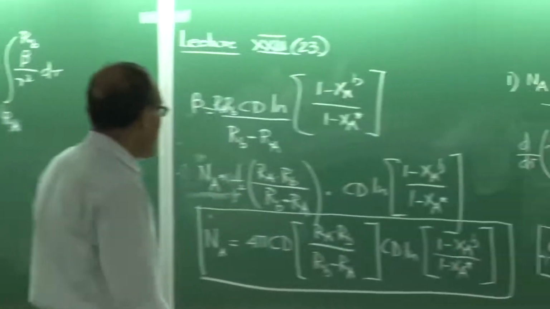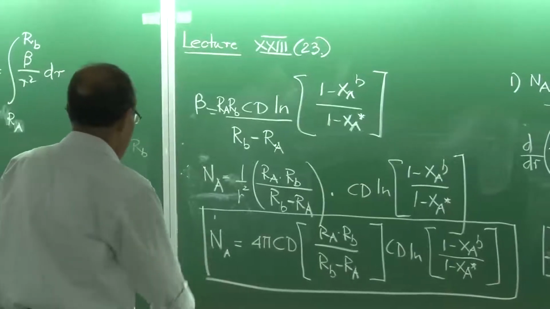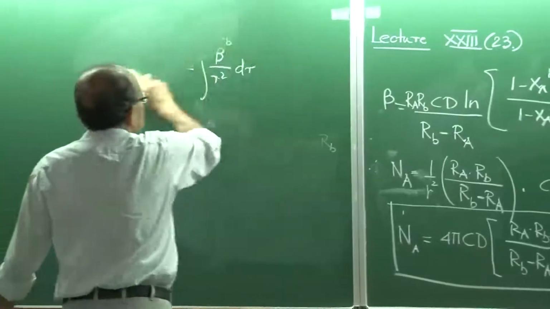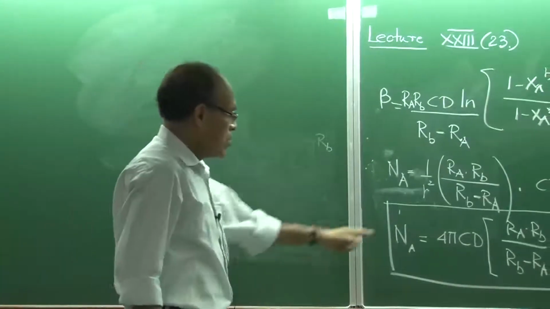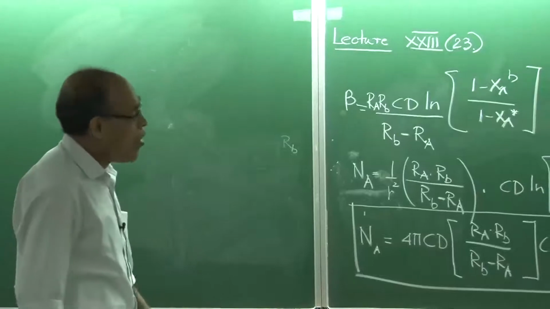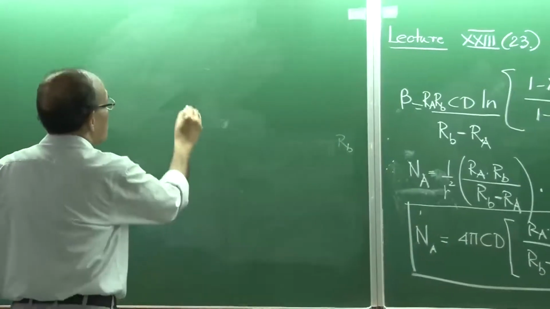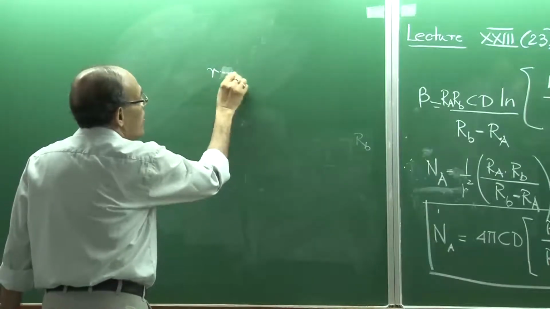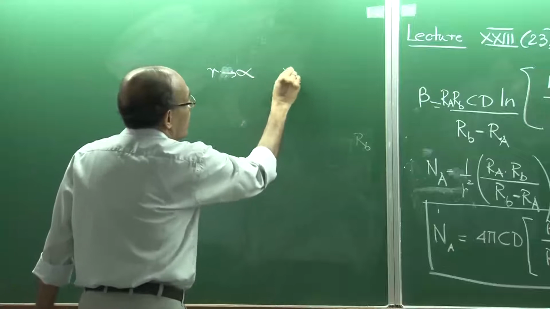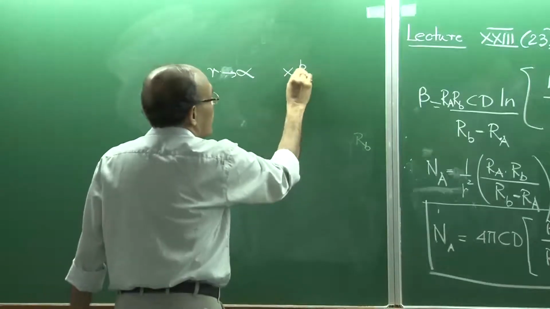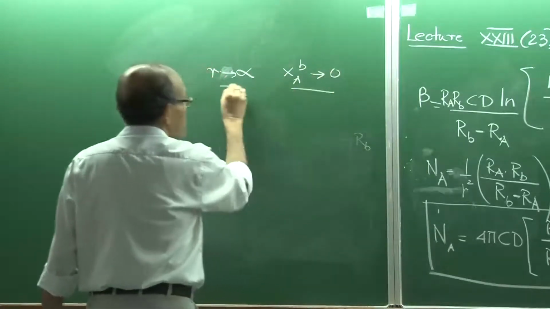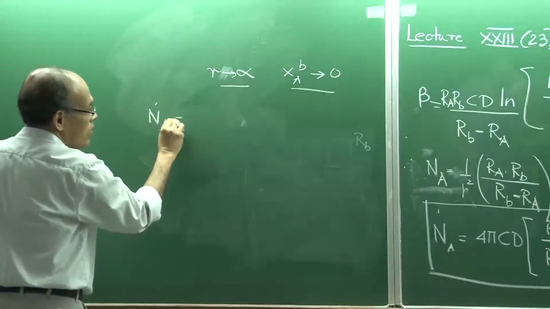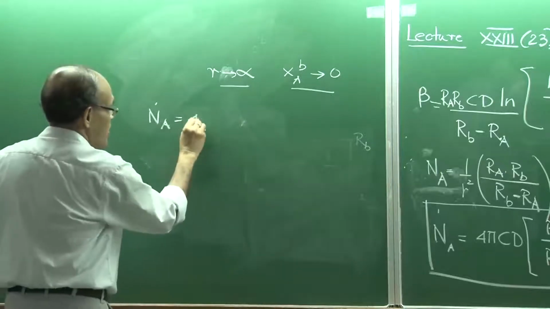Now, if you look at the value, for example, there is one possibility here. We can now simplify. So, for example, as I was talking, if you change the boundary condition, that at r is equal to infinity, r tends to infinity, we have x a bulk tending to 0. If you want to change this, then how do you do it? It becomes very simple. Then Na dot is going to be 4 pi c d